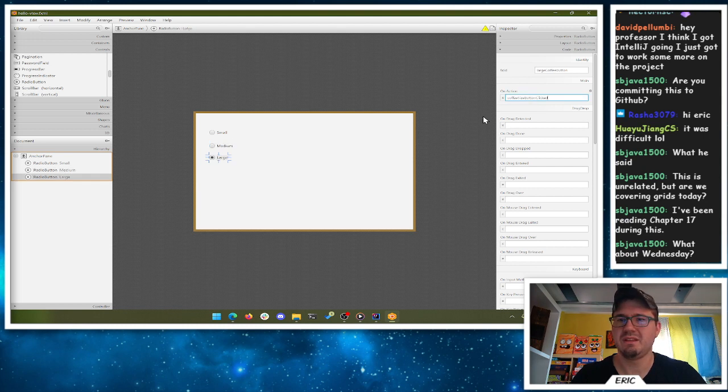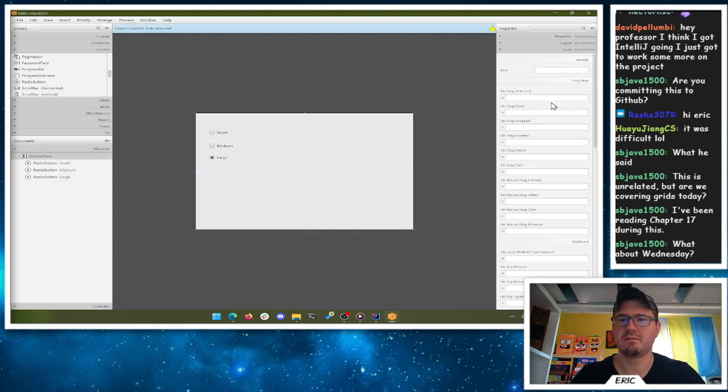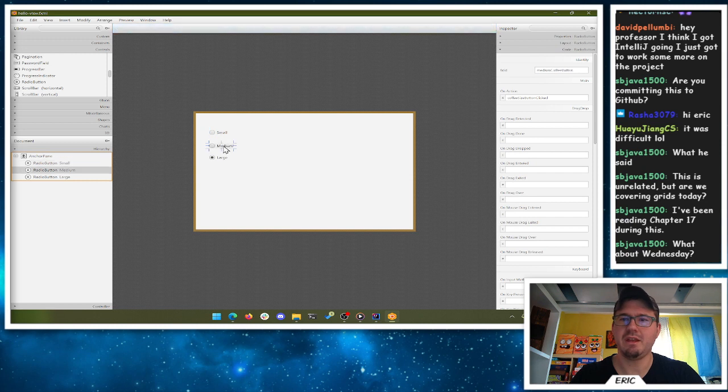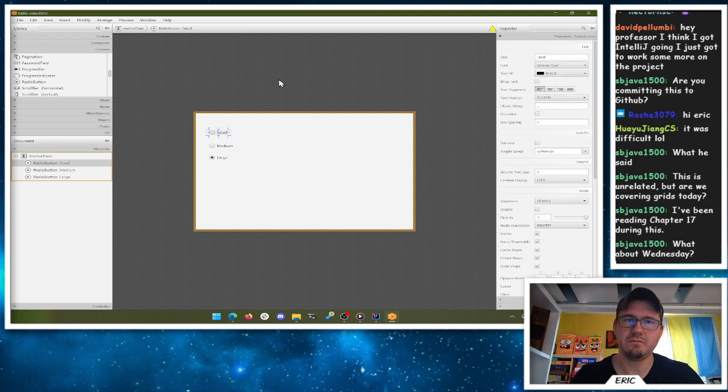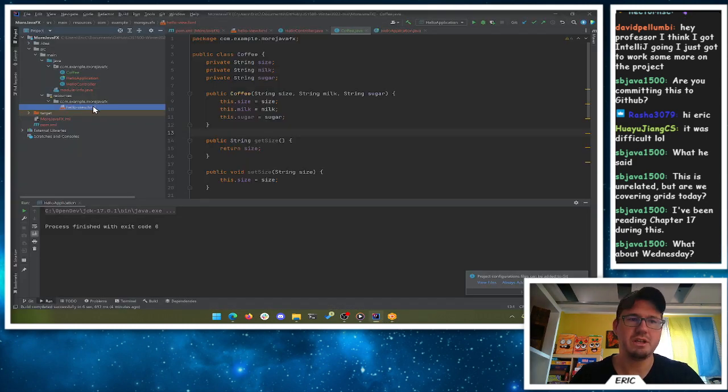This will make life pretty easy for us. Okay, so all of them have the same on action method name. They have different FX IDs. They're all in the same toggle group, and they all have their own text. Right? So now when I go back to IntelliJ and I right click and I say update controller, now my